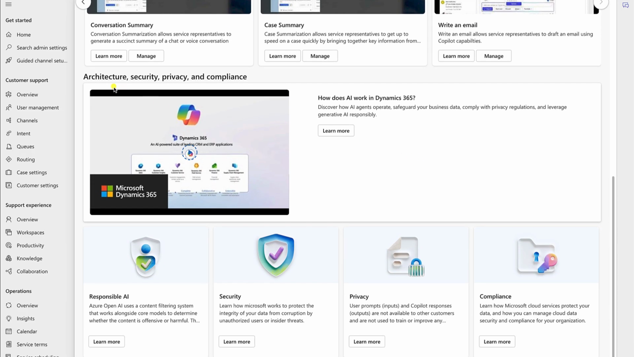So here's a really interesting and powerful set of, I guess, pointed learning materials. So architecture, security, privacy and compliance, the real kind of deep dive information that you really probably want to get involved with depending on your role. So if you're an administrator, an architect, working within your security, governance, compliance, all of that,